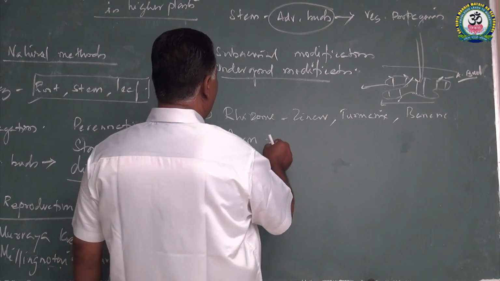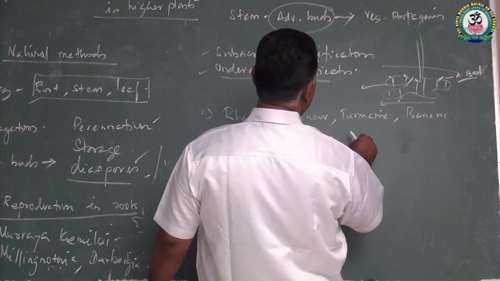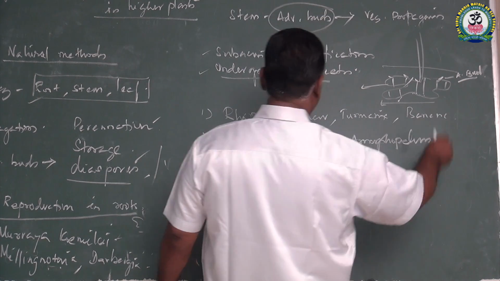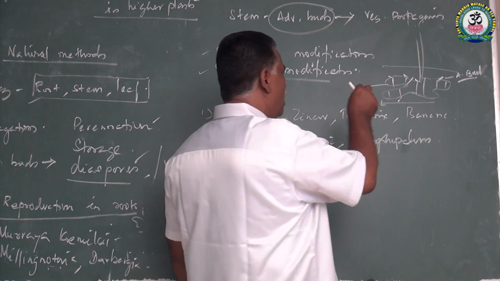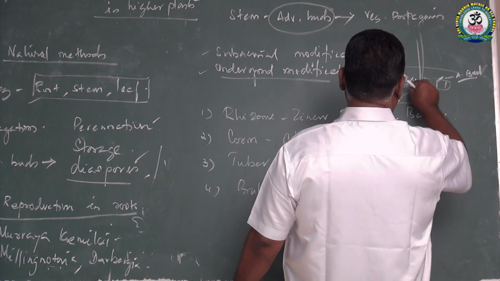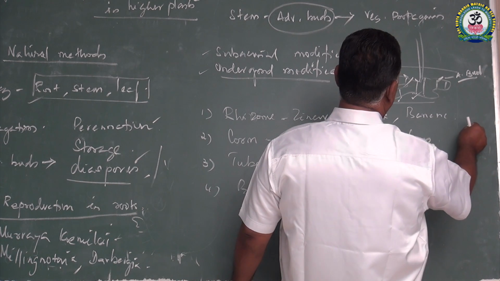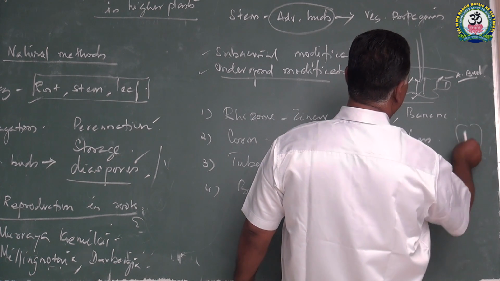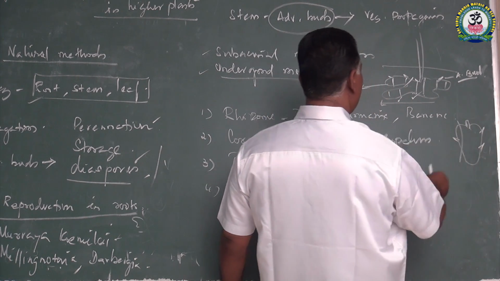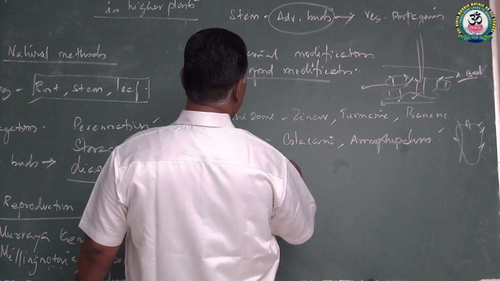Then corm. See corm, Colocasia, Amorphophallus. Colocasia and Amorphophallus are examples for that. So this is also similar to the rhizome, but the only difference is that rhizome is growing horizontally, but Colocasia is growing vertically. This also produces axillary buds, and when a cut is made, this can grow independently to produce a new plant. And fourth is tuber, potato,